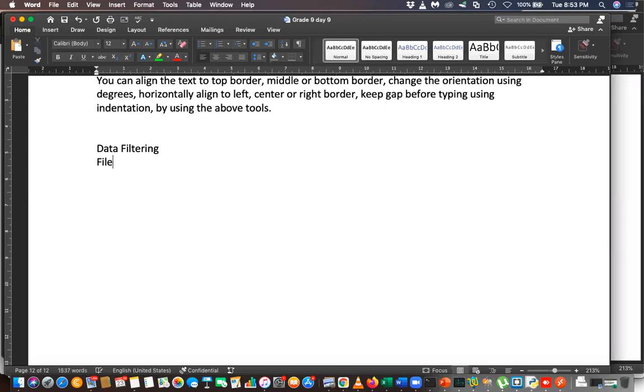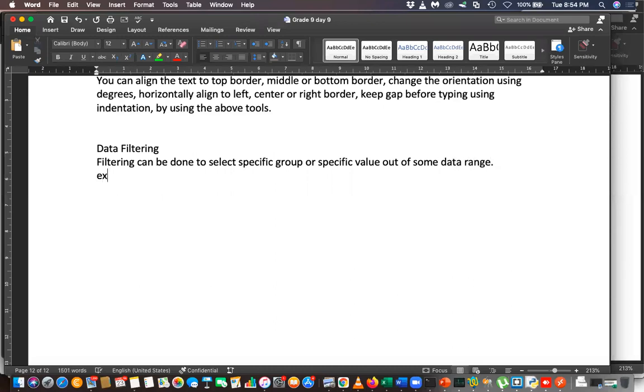Filtering can be done to select a specific group or specific value out of some data range.